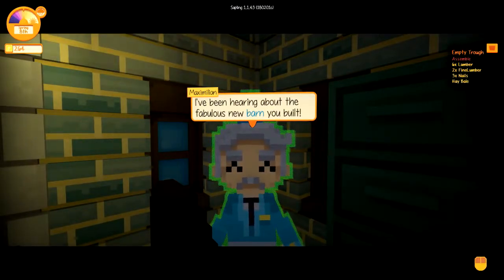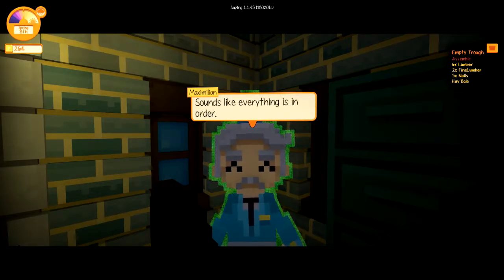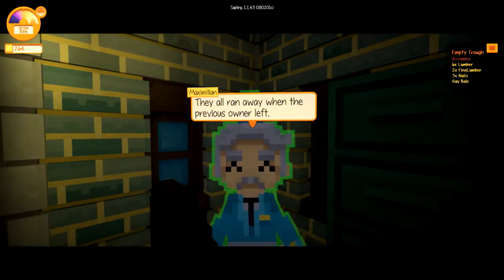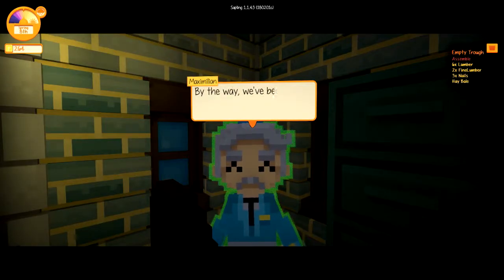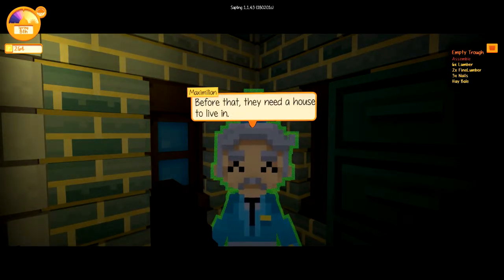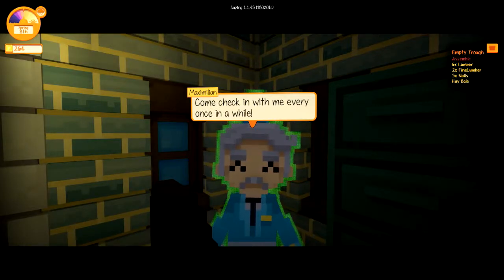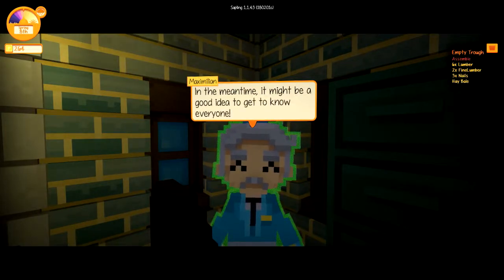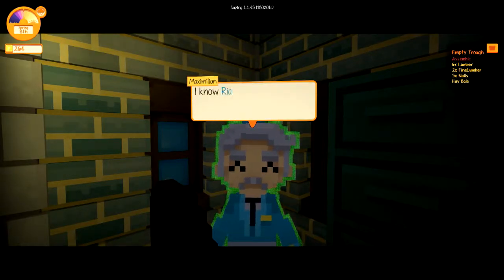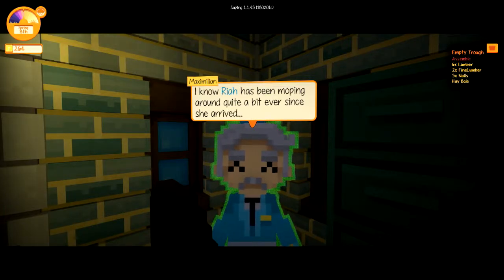I've been hearing about your fabulous new barn. Sounds like everything is in order. There are a few cows we managed to round up. They all ran away when the previous owner left. Good luck. By the way, we've been looking for good builders for a long time. Sometimes we get notices from people who want to move in here. Before that, they need a house to live in. Given your impressive work on the barn, we'd love your help. Come back and check with me every once in a while. New requests usually come in every week or so. In the meantime, it might be a good idea for you to get to know everyone. There's bound to be someone looking for assistance. I know Ria has been moping around ever since she...